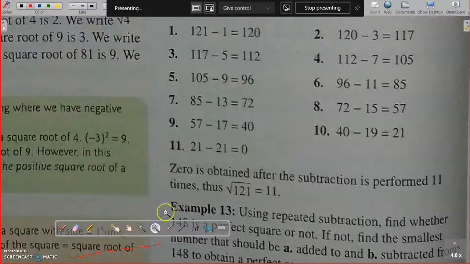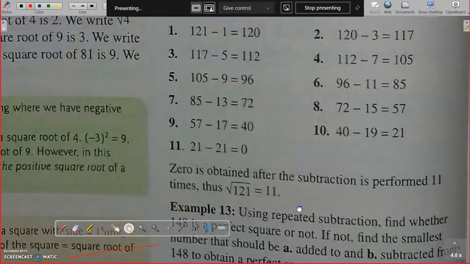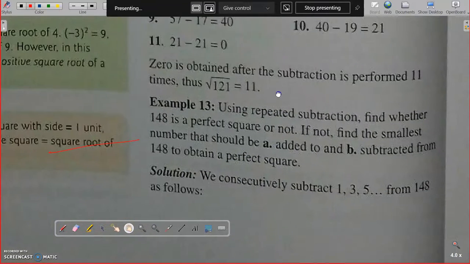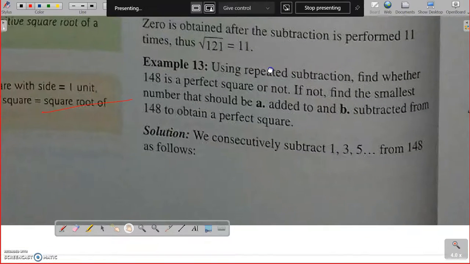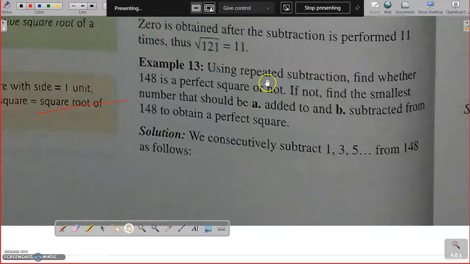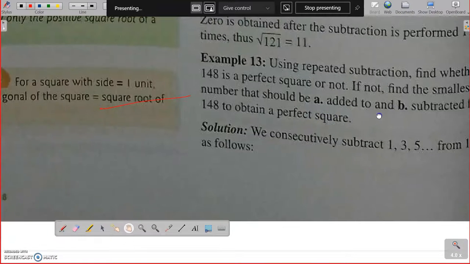Yes? Yes, sir. Okay. So now, after that we will be moving towards example number 13. Using repeated subtraction, find whether 148 is a perfect square or not. If not, find the smallest number that should be (a) added to and (b)